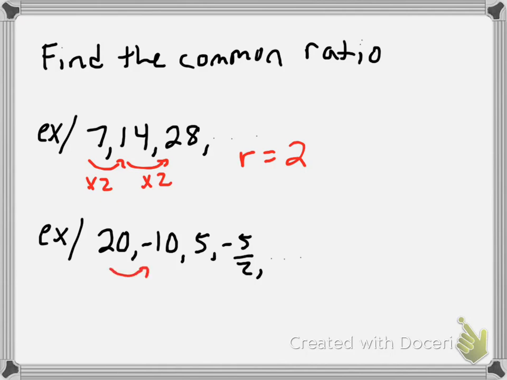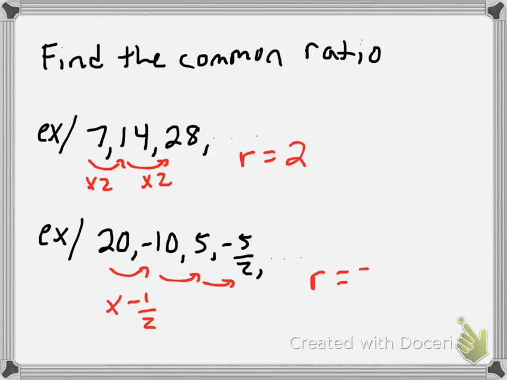Now on this one, to go from 20 to negative 10, or from negative 10 to 5, or 5 to negative 5 halves, basically we are multiplying by negative 1/2 because our signs are changing each time. 20 times negative 1/2 is negative 10. Negative 10 times negative 1/2 is a positive 5. So in this one, our common ratio